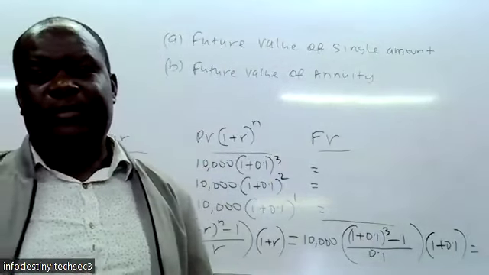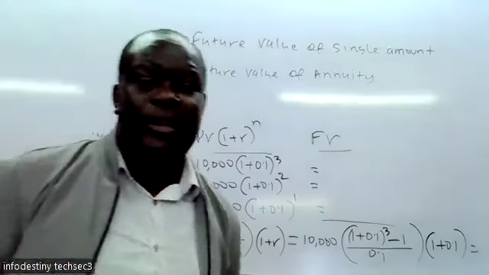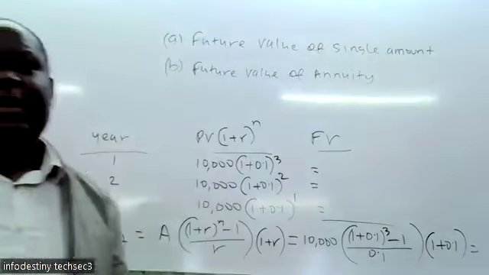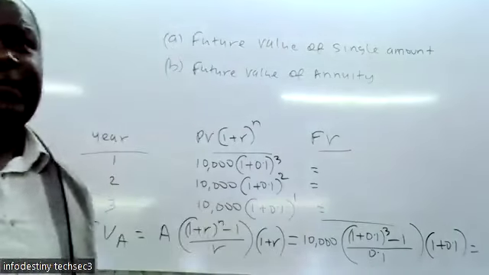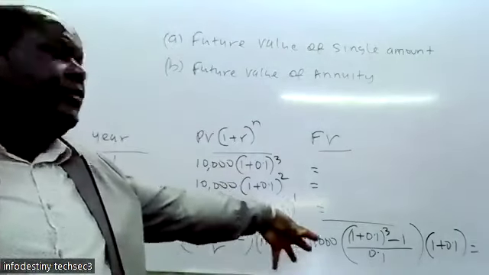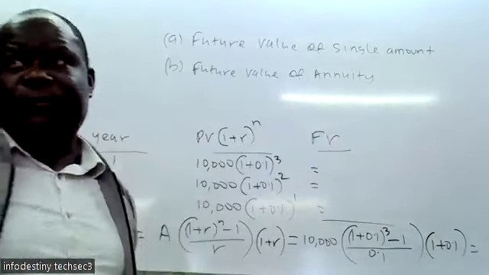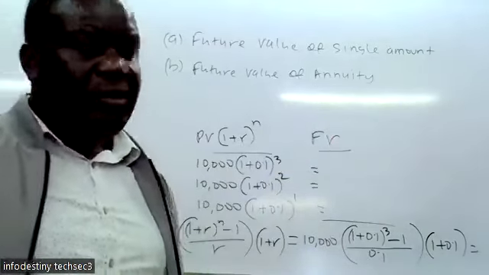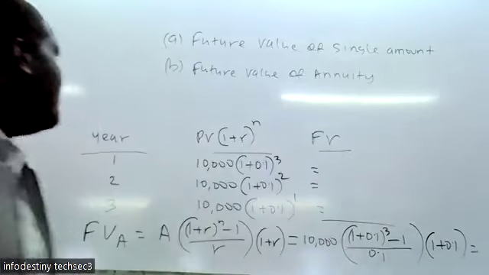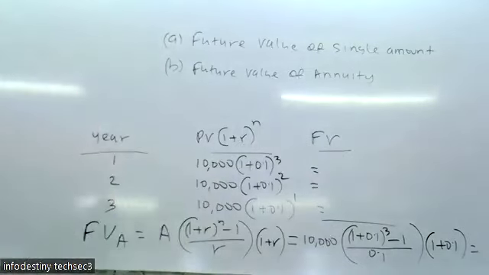Are we getting the same? So when the cash flows occur at the beginning, that's how we approach it. But when it occurs at the end, you use the other format that we had. So that was now meant to be the future value for the annuity. So we got to see